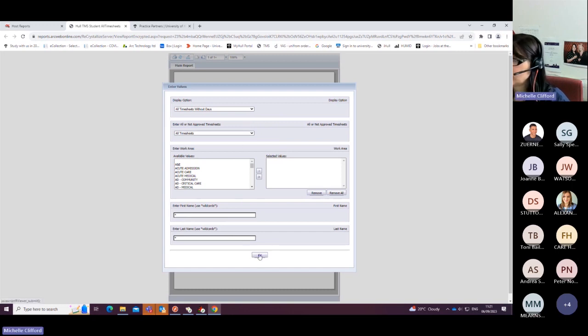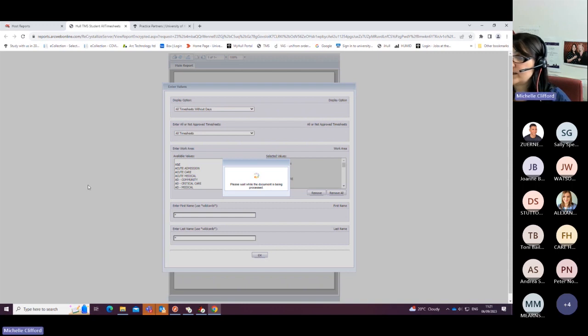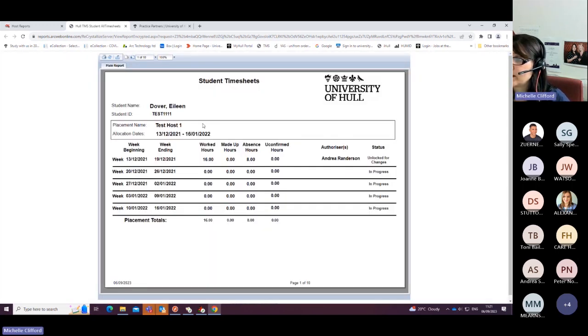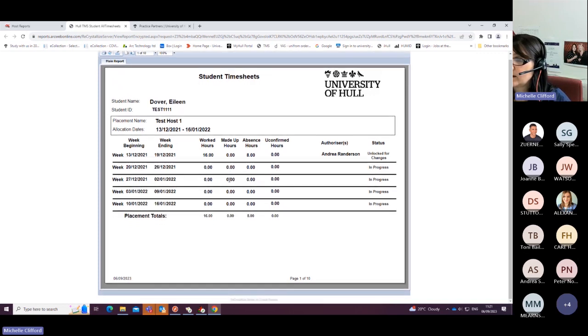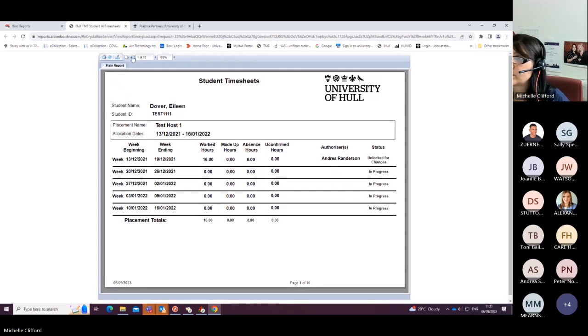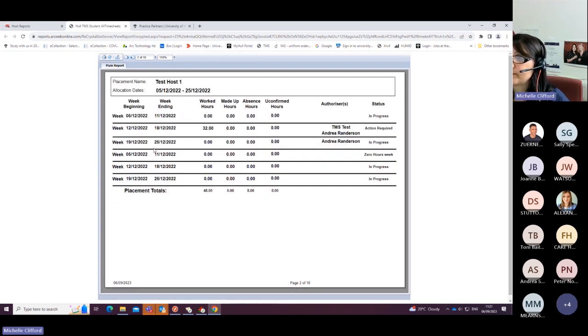So I will just run a report so you can see. So this is all timesheets without days. So for Eileen, you can see they're all done weekly. Hours worked, any made up hours, any absence hours, who the authoriser was and the status. And that shows you that you can just flick through them. If I go back,